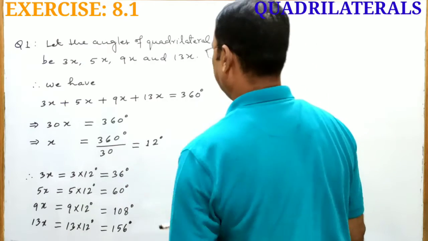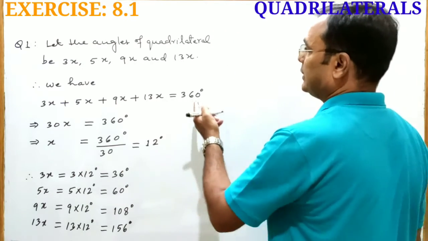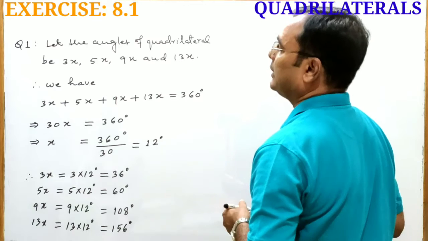So these are the 4 angles of quadrilateral whose 4 angles are in the ratio